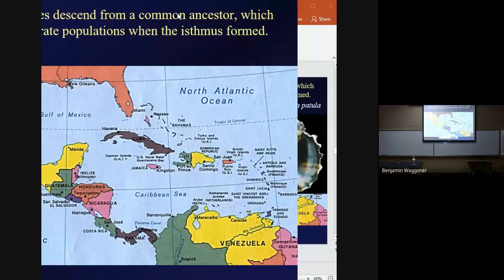Where we left off, we've been talking about models of speciation, how new species come into existence. And in my evolution course, this takes a couple of weeks. But the simplest model of speciation is called allopatric speciation,